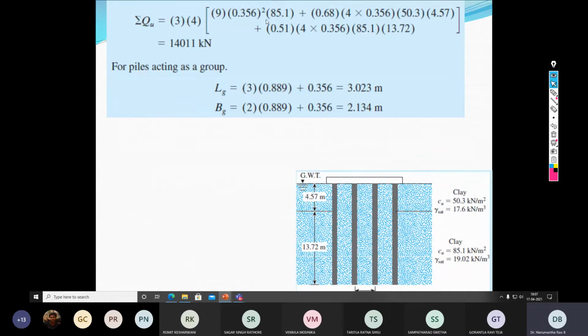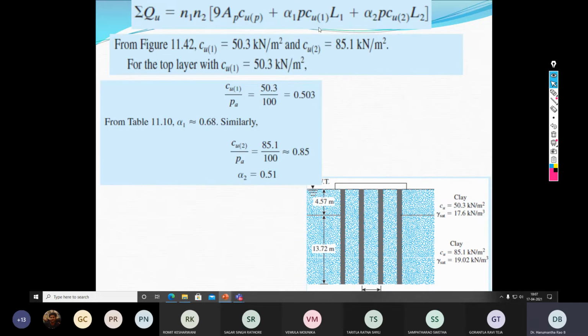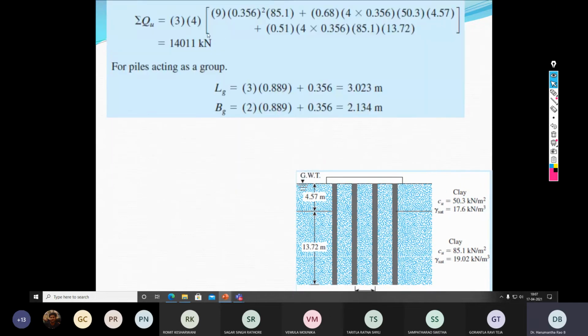0.51. So now we know everything. So substitute in the equation, substitute in this equation sigma Qu. So here N1 is 3 by 4 pile group. So 3 and 4 multiplied by the QP term, 9 C, that is Cu is 85.1